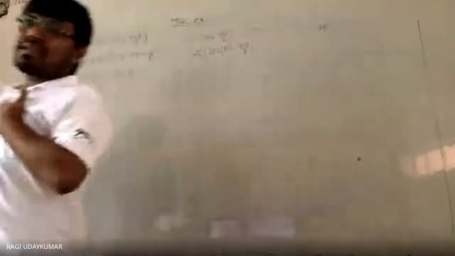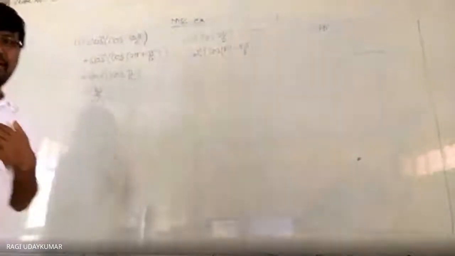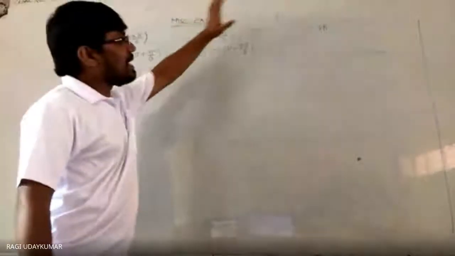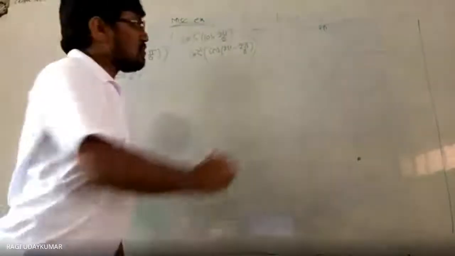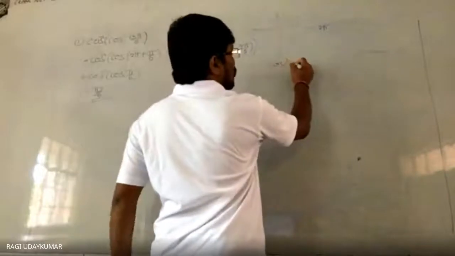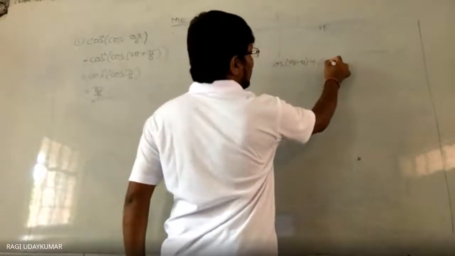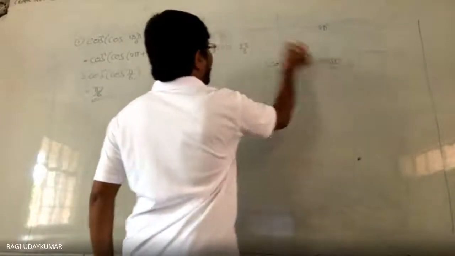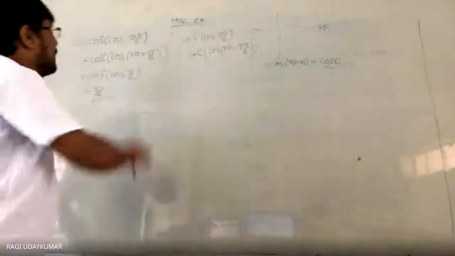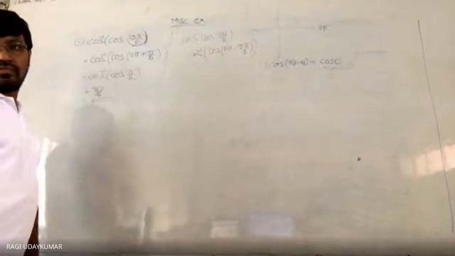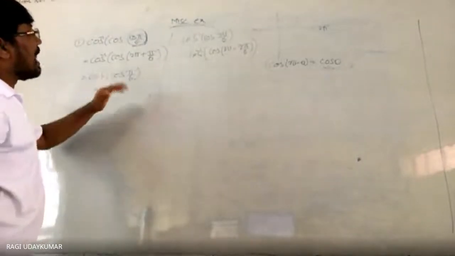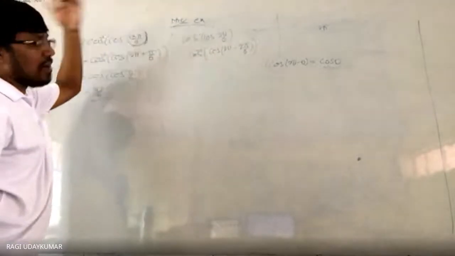The reason why we are not solving both in the same manner: first we are using the identity cos of 2 pi minus theta is equal to cos theta. Here we are using that. In the other problem, we are changing this into the other form. So you may ask yourself, can't we do that one in that form?